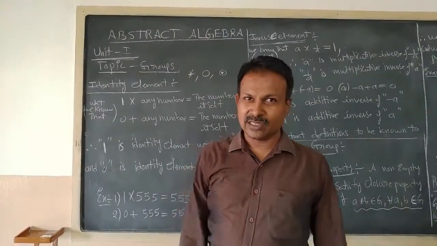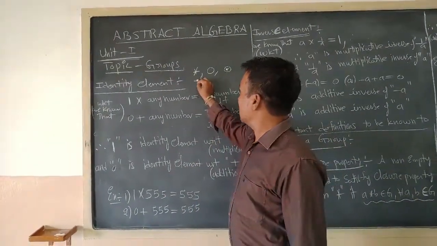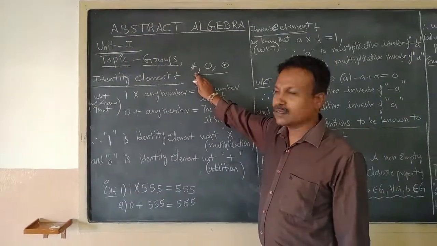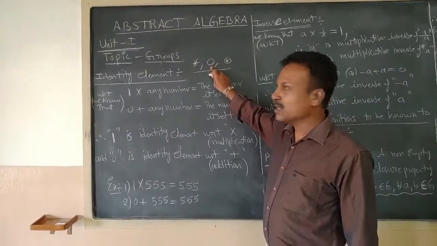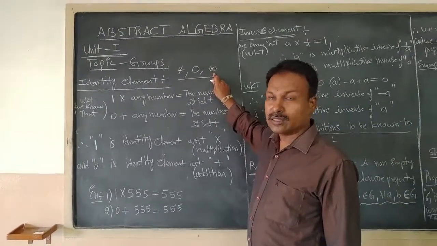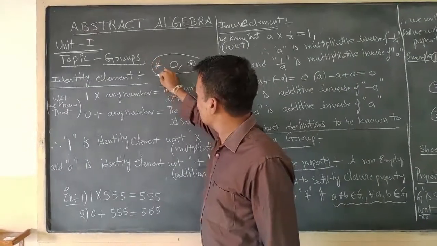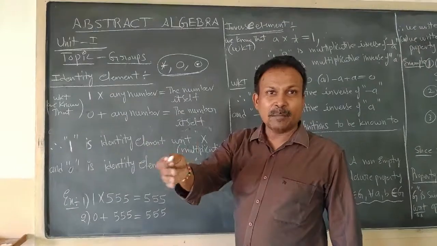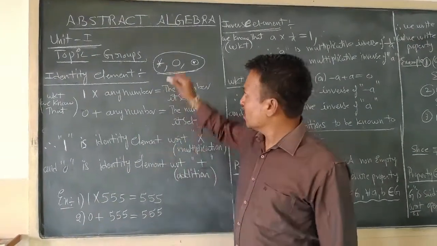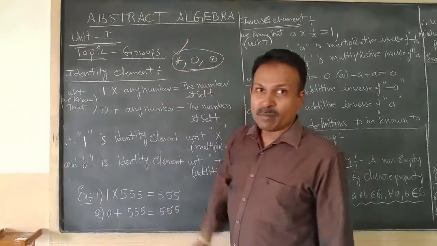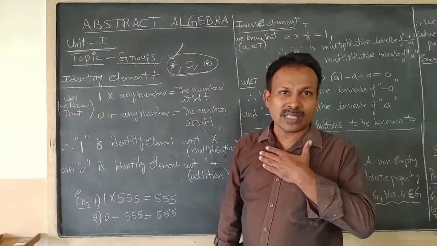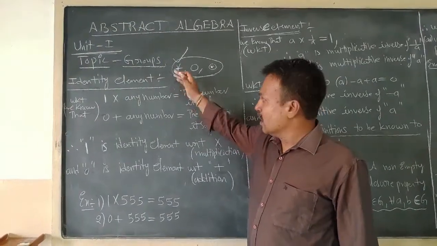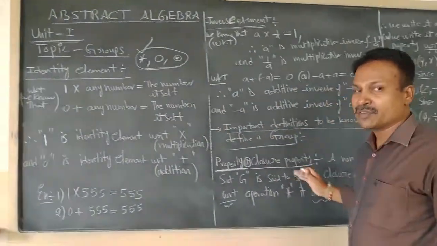After algebraic structure, let us know about these three symbols. What is this? I read it as star. I read this symbol as circle. I read this symbol as circle dot. So, in group theory, we can use these three symbols to represent a binary operation. Right. So, mainly to represent my definitions as per my concepts, I mainly use this symbol star to define all these definitions of the groups.